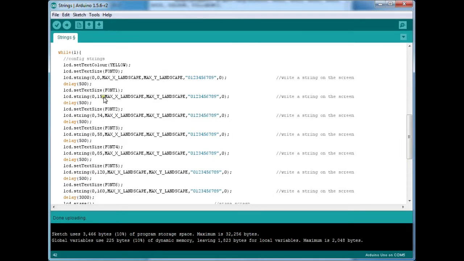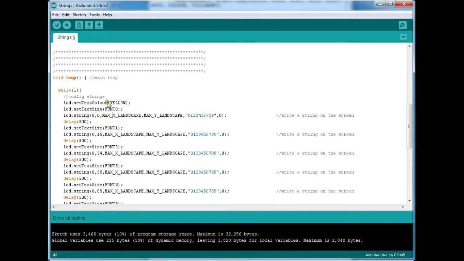So coming back to our program, what basically is happening over here is we'll be setting the font color to yellow. Firstly, the font size shall be 0. Then we'll be printing numbers from 0 to 9. We'll be giving a delay, then increasing the font size. Then 0, 15. So it will be like moving in the negative direction of the y-axis. So let's say a next line or a new line, 0, 15.